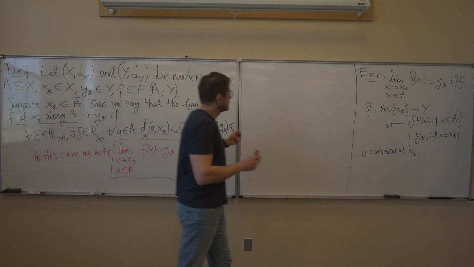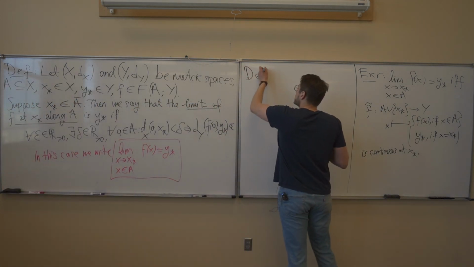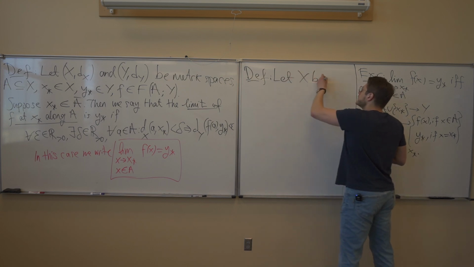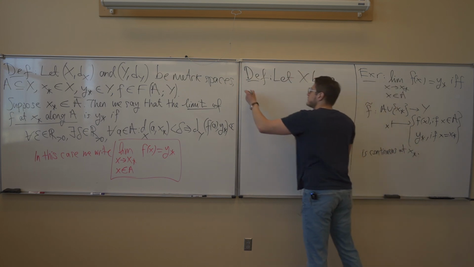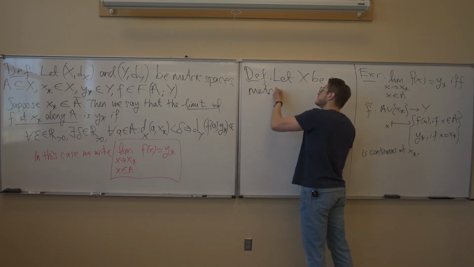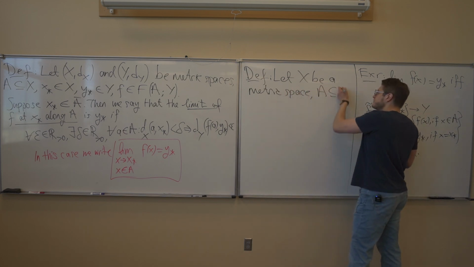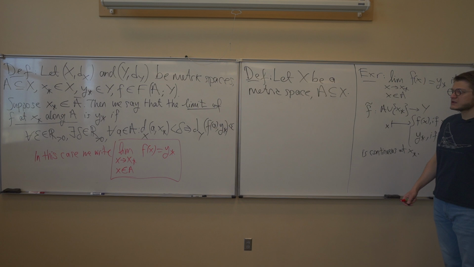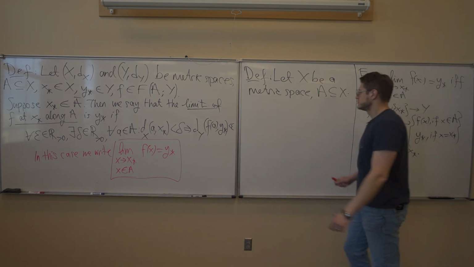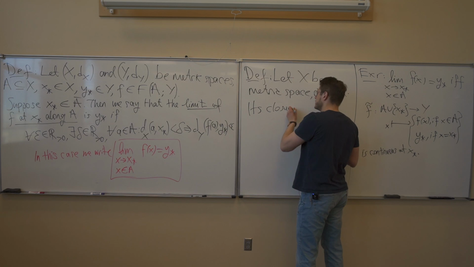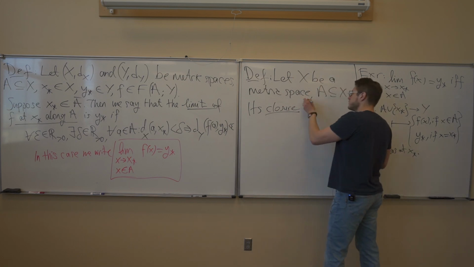So definition. Let X be a metric space. Let A be a subset. Its closure is, by definition,